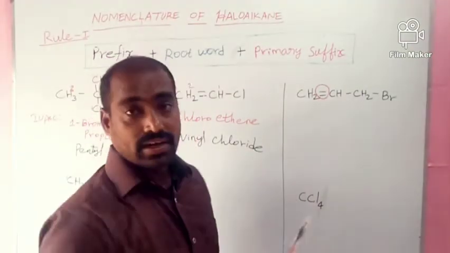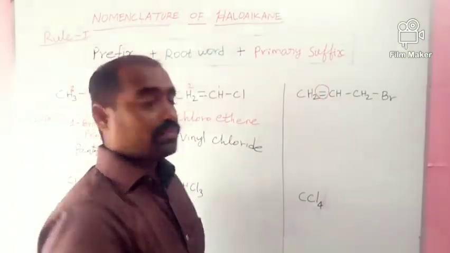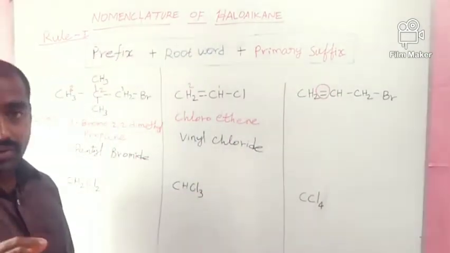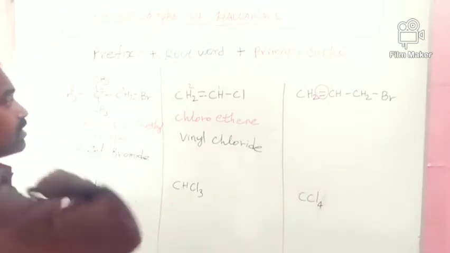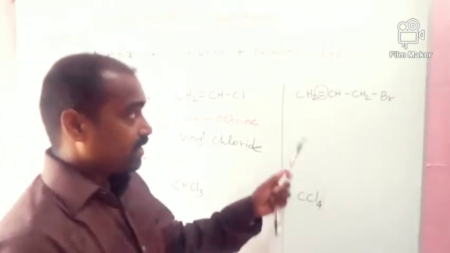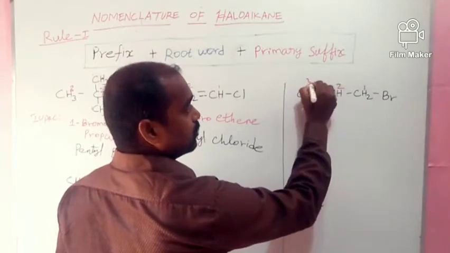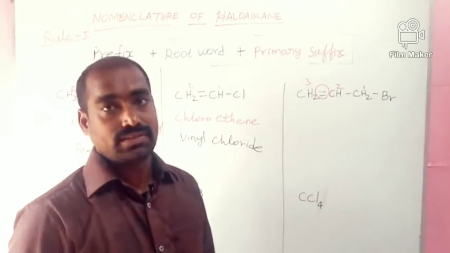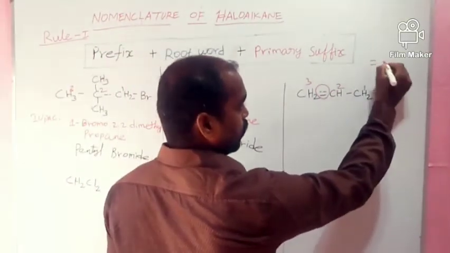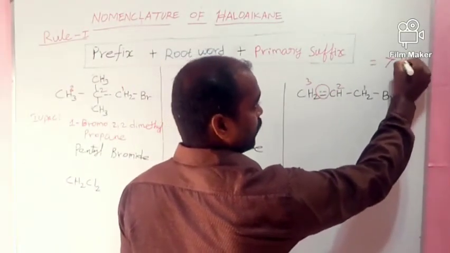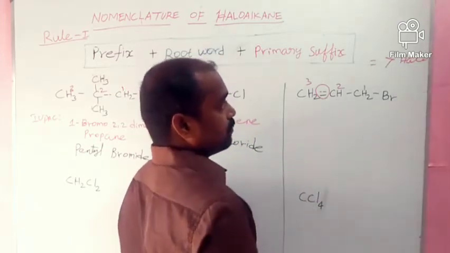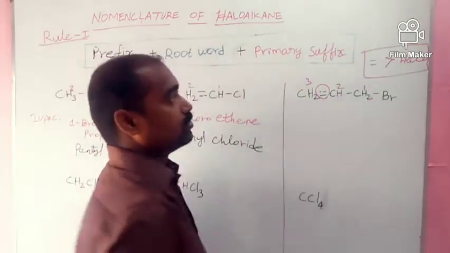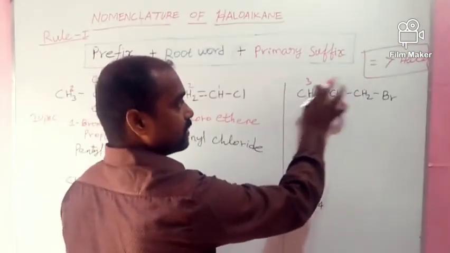So here one important condition is there. Either you give the number to this carbon or that carbon. Already I told that we have to give the number for the neighbor carbon of the bromine. But here if you are giving 1, 2, 3, it's wrong. The reason is that two functional groups are present. One is the alkene double bond, which is greater than the halo. So note this point: double bond is greater than the halo. So if you are giving the number from the upside, this is wrong.